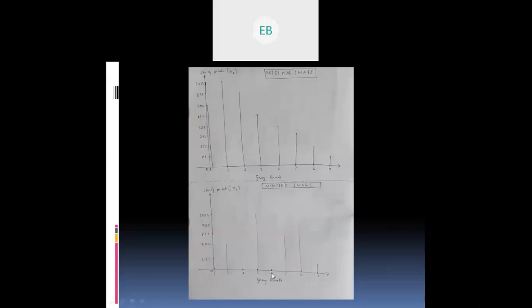This input graph was okay, only that for gray level 0 it was a bit down here, the rest was uniform. Because of this gray level 0 it has tried to modify, and it has got this modified image or histogram. It has distributed evenly according to the equation, that is, according to histogram processing. This is the equalized histogram.